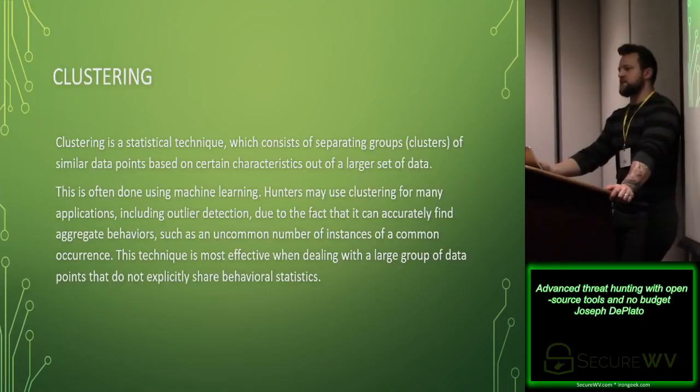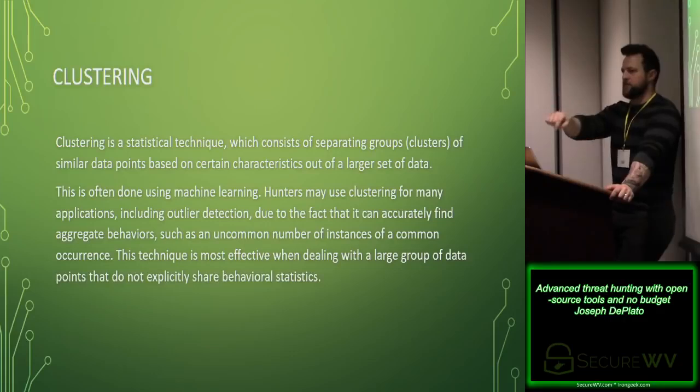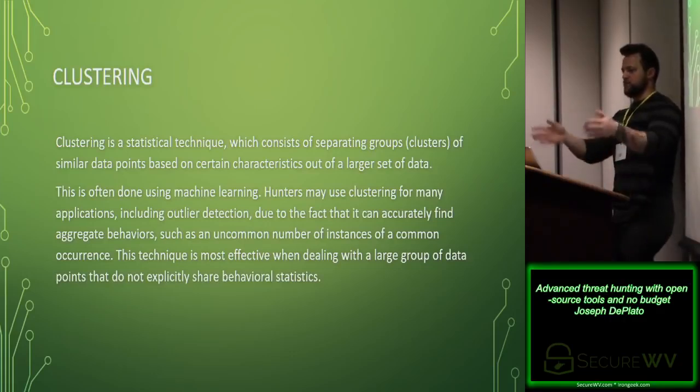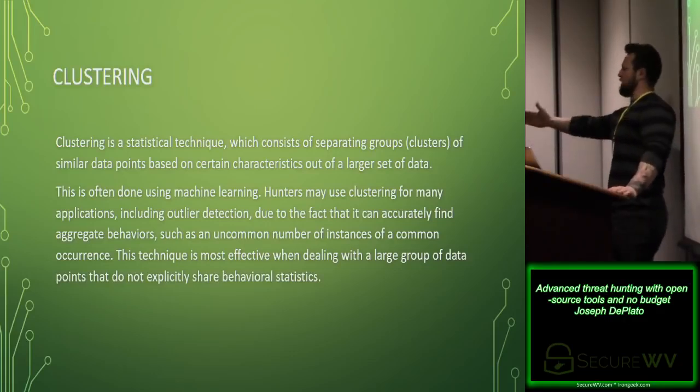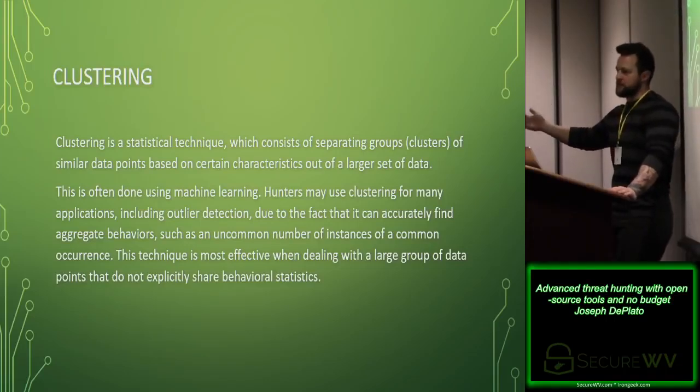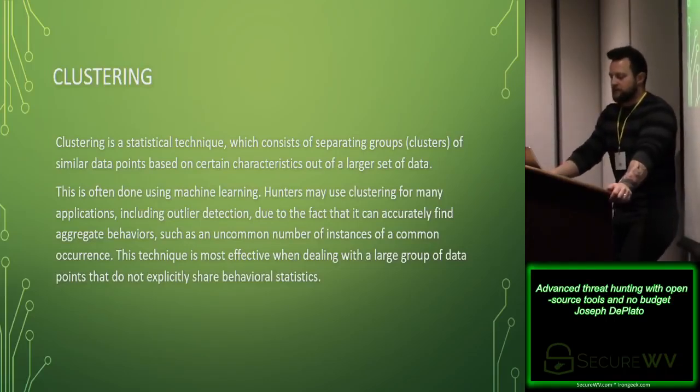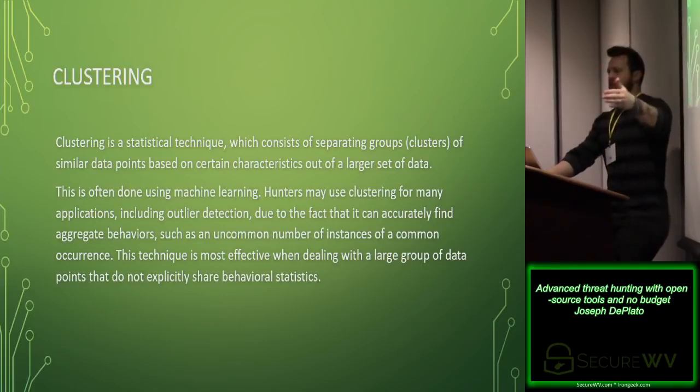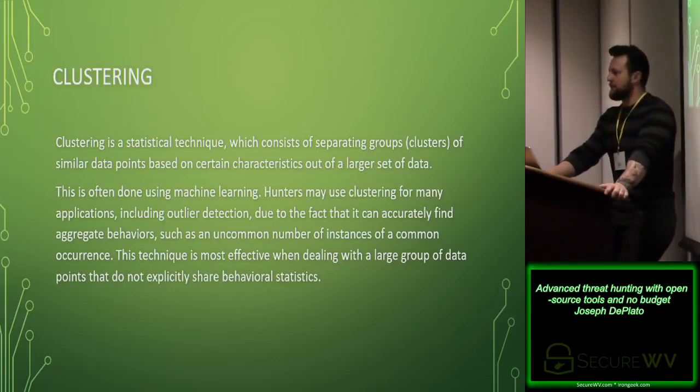Some practical examples that we found, so that port 445, we found that through that long tail analysis. We looked at the network. We were able to do that long tail analysis over like a 4-week period, and we saw that there were only 4 instances where port 445 was used to go from an internal host to an external host. And when you looked at the graph, it was obvious because it was like way over here on the right and the only one that was sitting over here. So it's outlier detection. Versus we've seen a lot of FTP servers get compromised and then become like that on